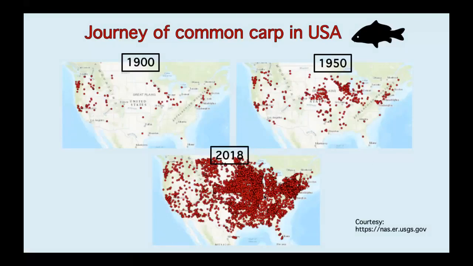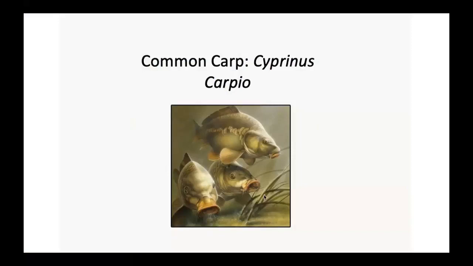This is just the story of where common carp has come from. Some of you may know common carp is a large cyprinid species that was introduced into the United States in the mid-1800s. It was introduced because it was considered a desirable fish species to supplement people's diets and to have as a cool sport fishing fish, and no one really knew how it was going to take off. Today it's distributed quite broadly. It's totally naturalized, so it reproduces on its own without any help from us, and it has started to cause some really serious environmental consequences. So that's why we care about it.